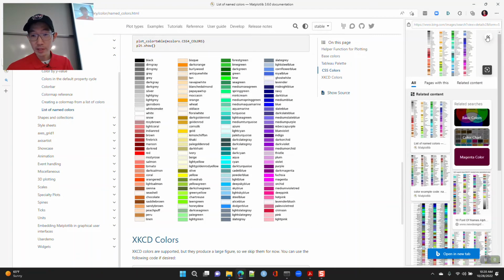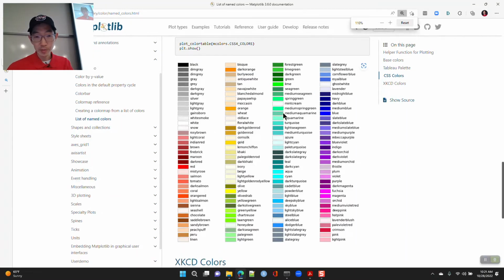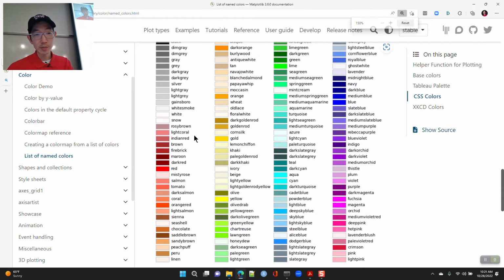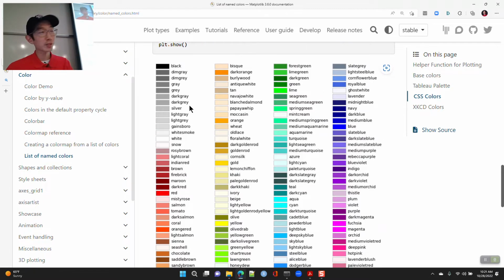How do I make this bigger? So you have dim gray. I guess gray is spelled both with an A and an E. What is the proper way of spelling gray? I think it varies. Is it both accepted? Nobody cares? I think with an A is European. Is it? I don't know.